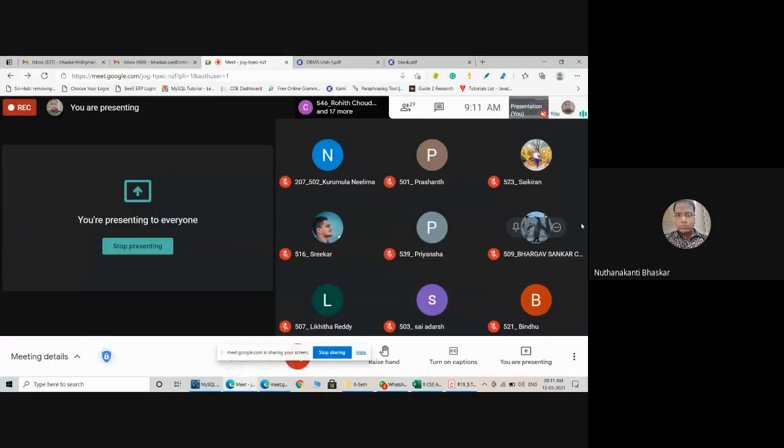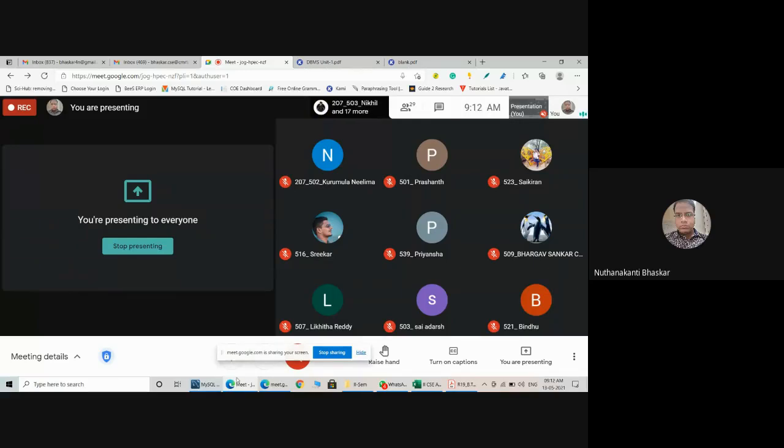Before starting views, I want to explain what a view is. A view is nothing but an image of a table. It is not exactly a table, it is a virtual table. Why is it a virtual table? Means, for example,